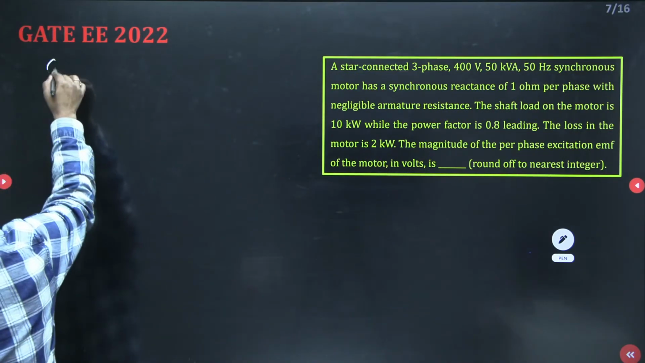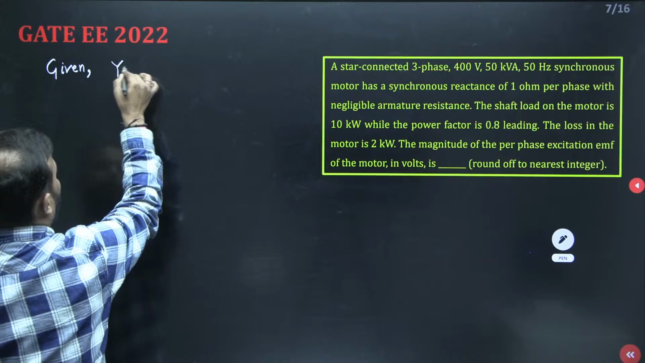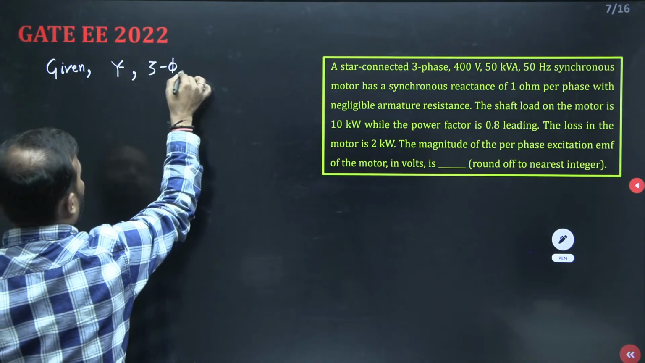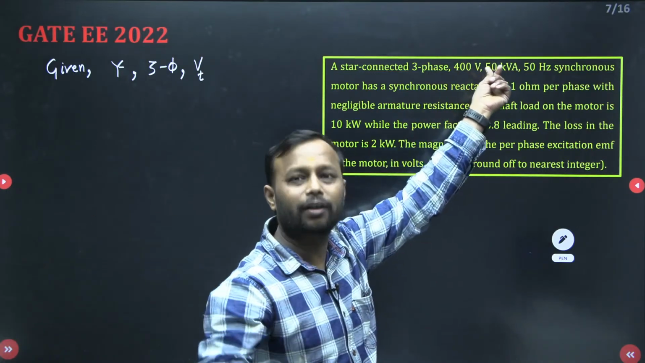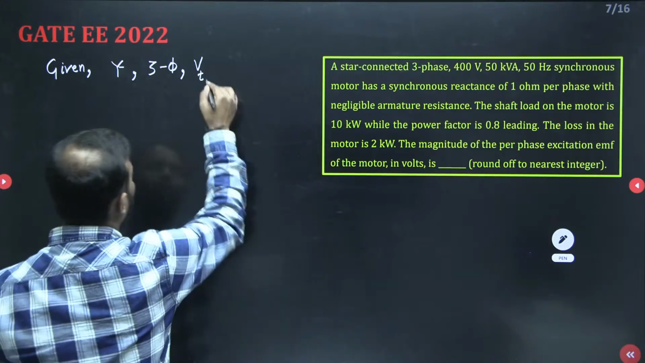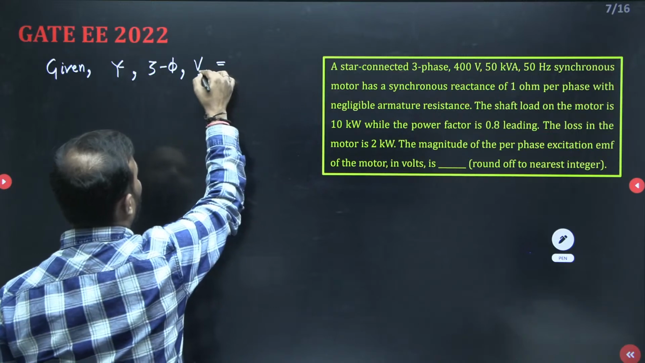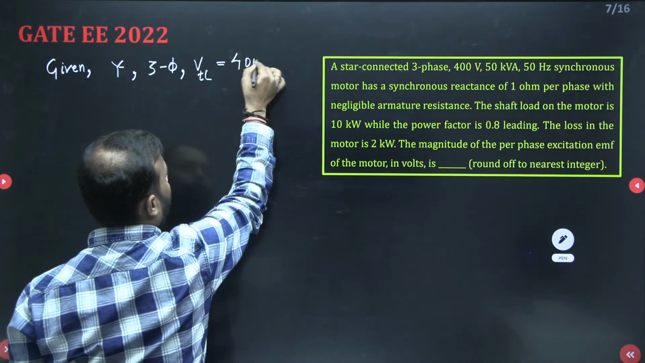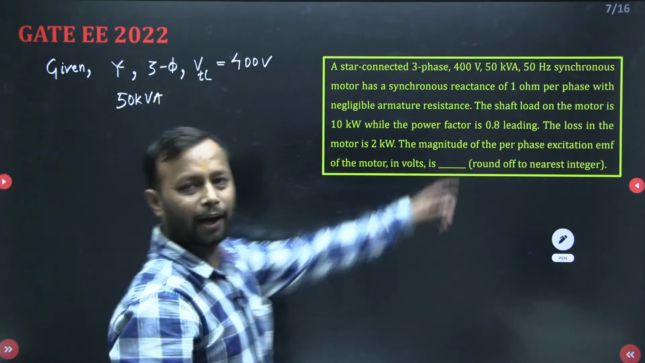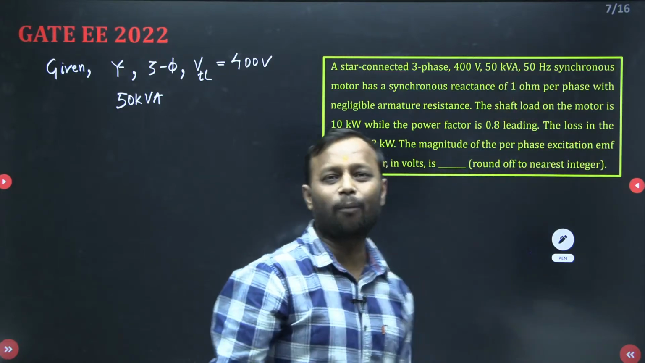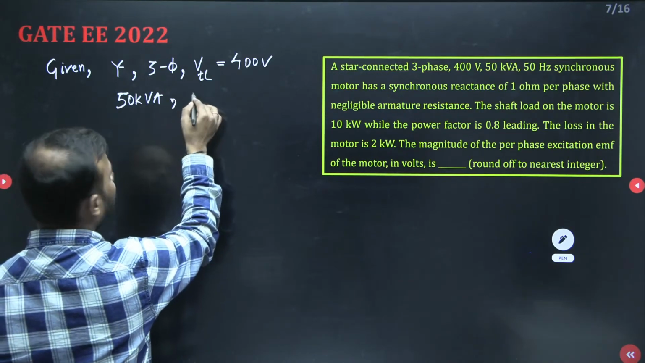So let us first write the data which are given in the question. This is star connected 3-phase, and this 400 volt is what? Terminal voltage. So indirectly it is given. So VT, let me take L for line. VT is terminal voltage. So this is 400 volt. 50 kVA. Is this complex power or apparent power? 50 kVA, 50 Hz